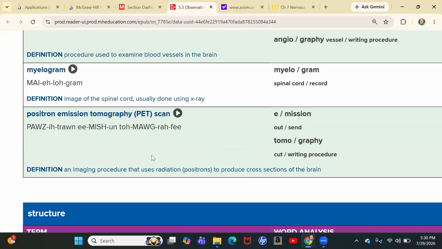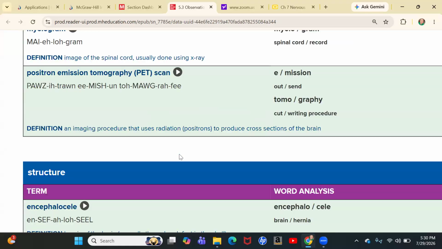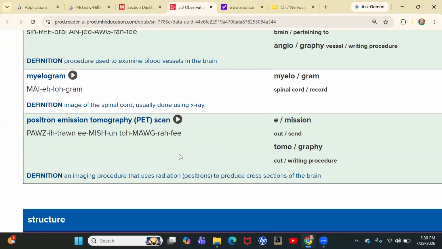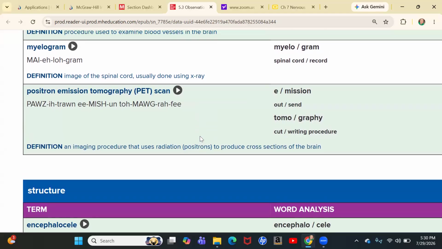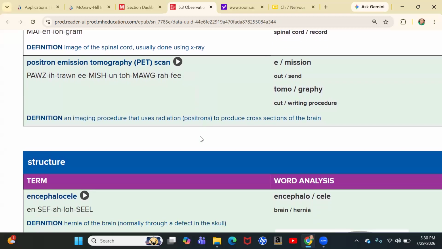We haven't really talked a whole lot about PET scans, and I wish I had a picture actually. This is a type of imaging that uses radiation, because you use radiological tracers, and it can cause certain items or certain areas in the brain to glow. A lot of times they will use PET scans for looking at cancer, and if cancer has spread within the body, using these radiological tracers in glucose to target specific cancer tumors, potential cancerous tumors.